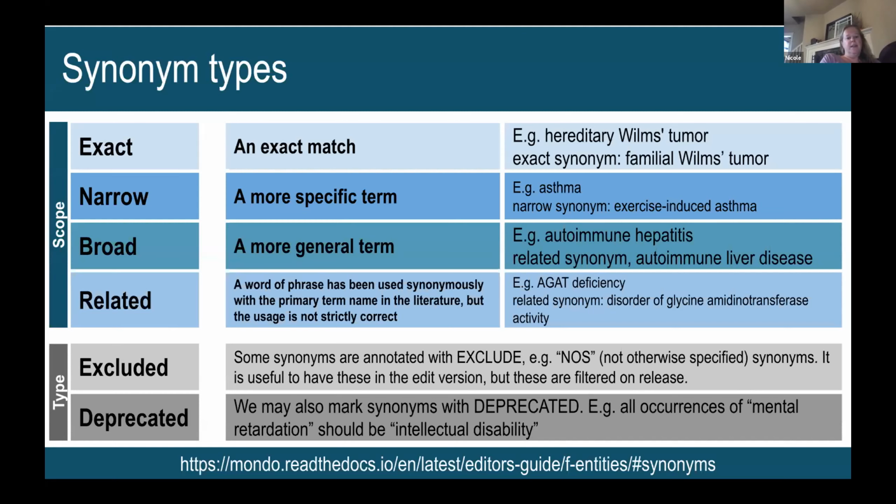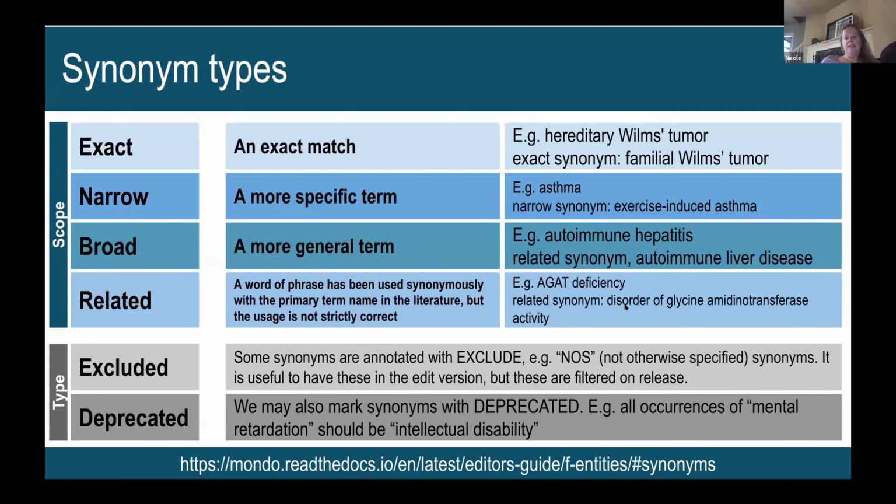But especially when requesting new terms, related synonyms would be synonyms that are used synonymously with the primary term in the literature, but the usage isn't strictly correct. But we add these because if we think people might be searching on the synonym with the hopes of finding this term, we want to add the synonym in order to improve the retrieval of the term that they're looking for. So an example would be